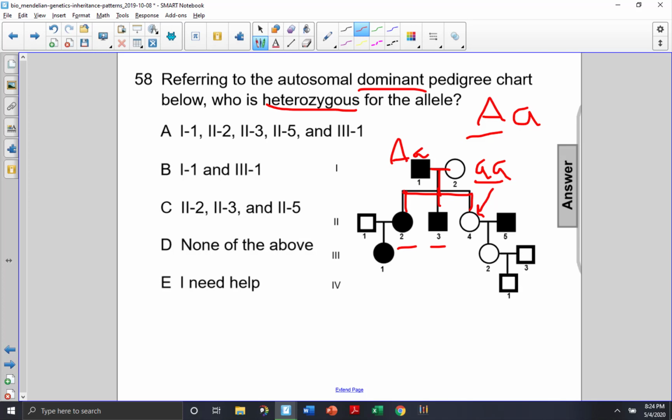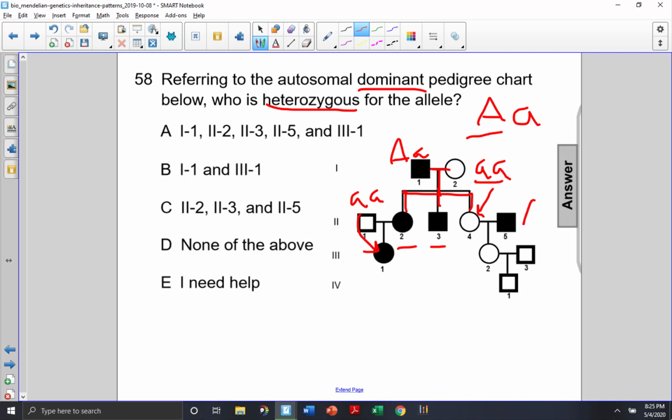Individual 1 in generation 3 is also heterozygous because individual 2 in generation 2 married a male who is unaffected, so that person's homozygous recessive, which means one of these alleles had to go to individual 1 in generation 3, so that individual is also heterozygous. And now, for individual 5, who is affected by the trait but married into the family, this